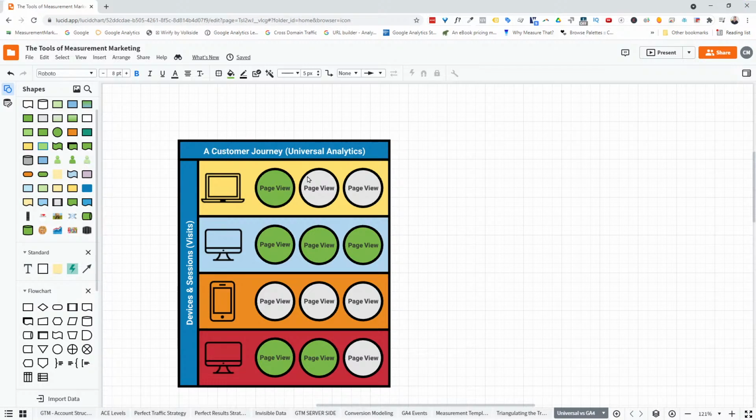So you've got the customer journey, and maybe this laptop got a page view, but then they turned on some blockers and these page views weren't recorded. You've got a desktop, where all the page views are recorded. You've got a phone where none of the page views are recorded. You've got a computer, maybe at work, where some of the page views are recorded, some not. This happens. This is what goes on right now. And our job as measurement marketers is to stitch this together as best we can to figure out what the journey is. What Google Analytics 4 essentially tries to do is take that same sort of behavior,